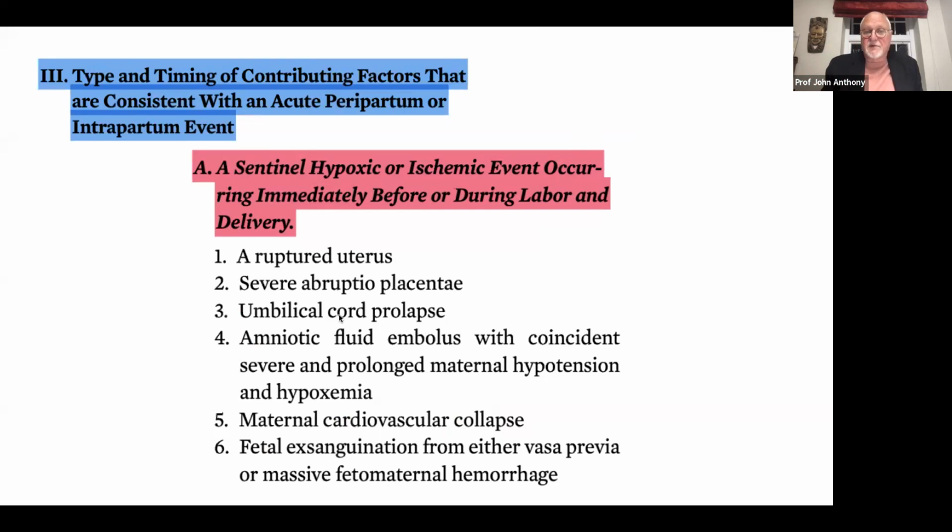If proper management is provided, the baby's going to be absolutely fine. It's not true that every ruptured uterus is unavoidable, or that every ruptured uterus is going to lead to catastrophic hypoxia. But they are a marker nevertheless of whether or not you can pin this down as a cause for